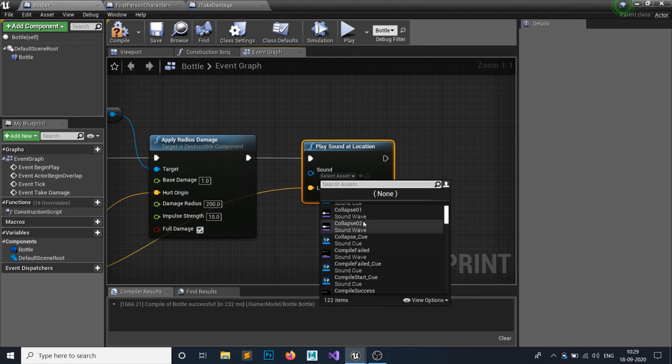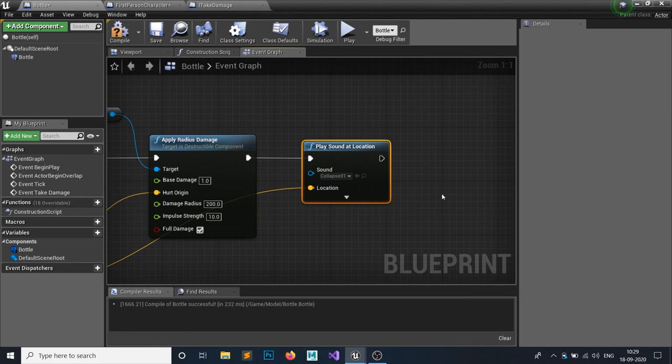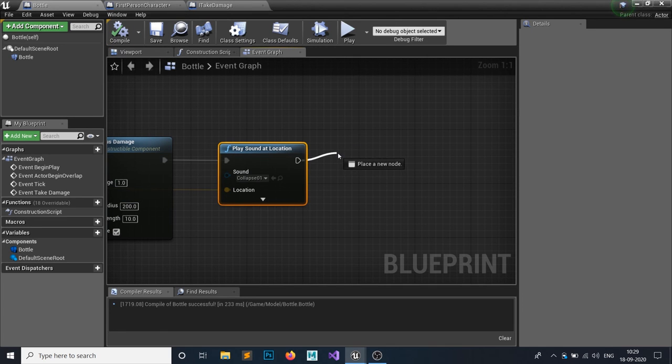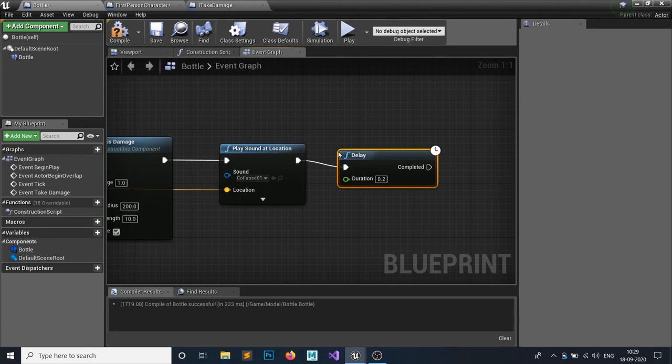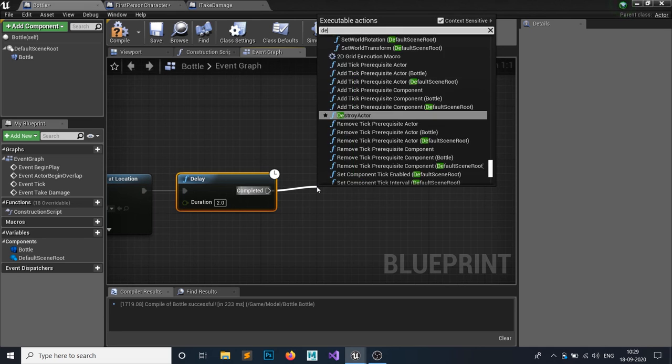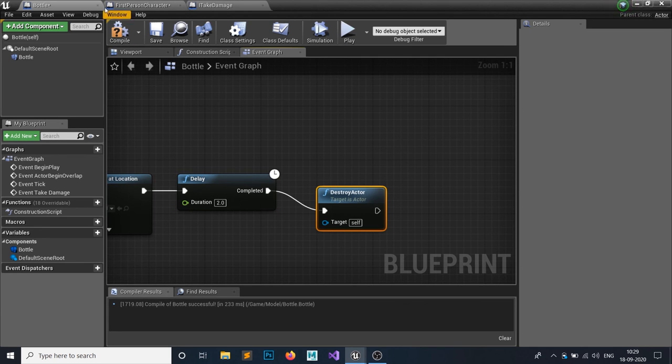For me, the collapse would be fine. I know it's bad. And after, let's say, a certain number of seconds, I want to destroy our actor, so add a delay. Let's say after 2 seconds I want to delete the actor, so I add destroy actor.